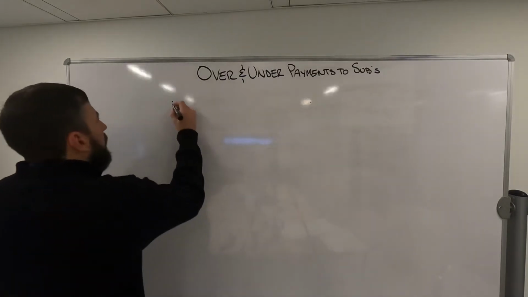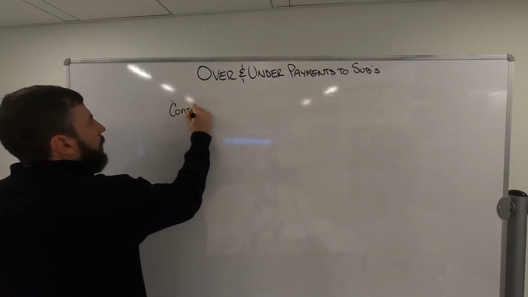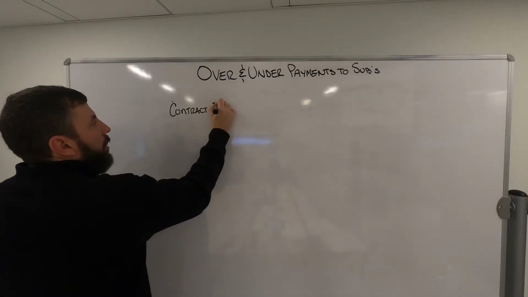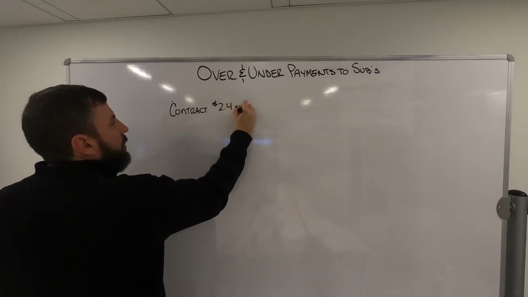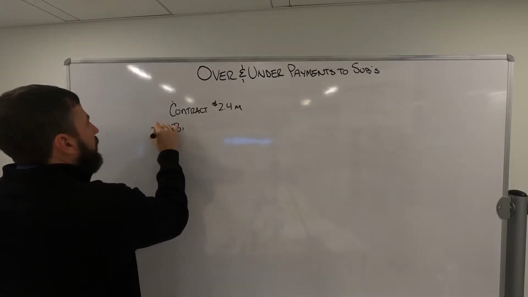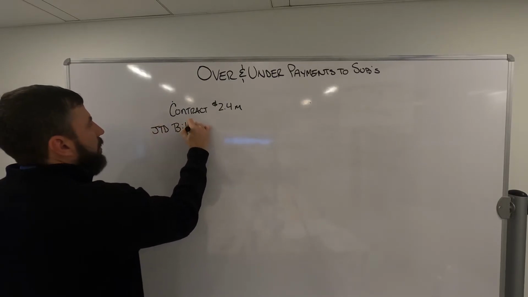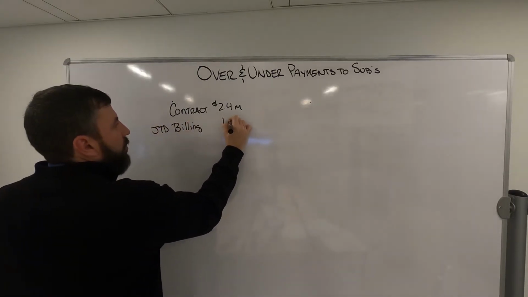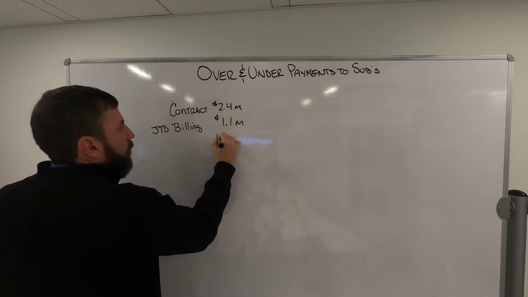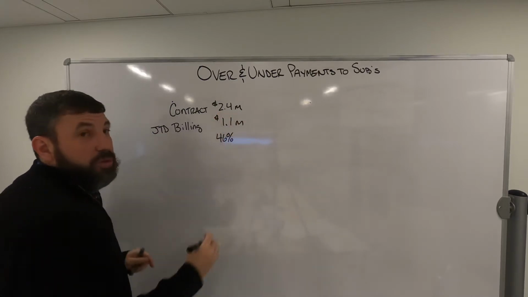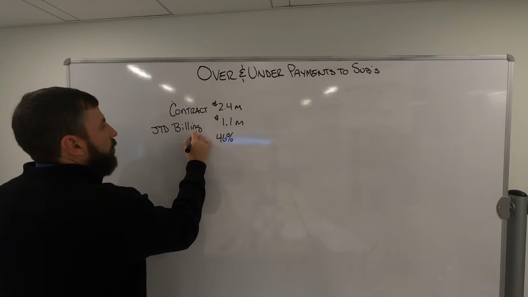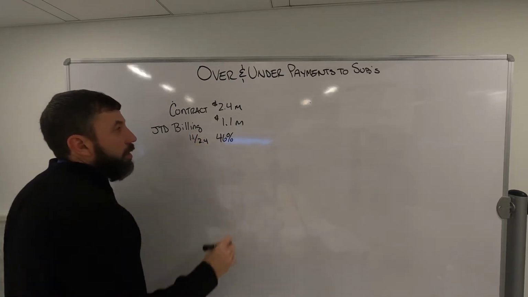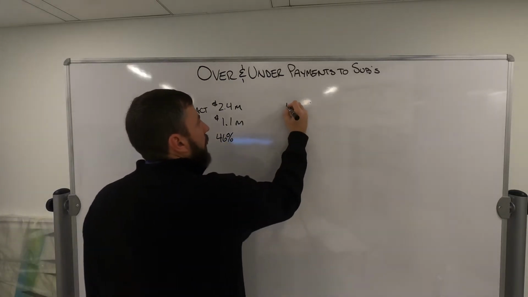But let's first step into an example. So let's say we have a contract of $2.4 million, and billings, job to date billings, is 1.1 million. That means we're roughly 46% complete. It's the 1.1 divided by the 2.4. So if we had a sub with a contract,